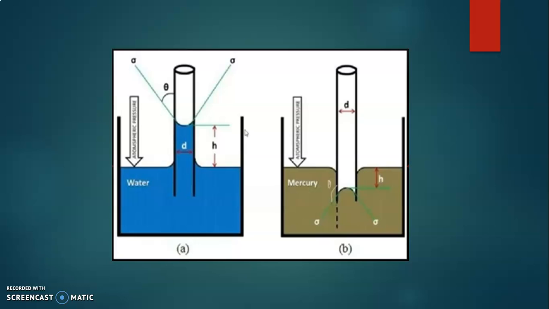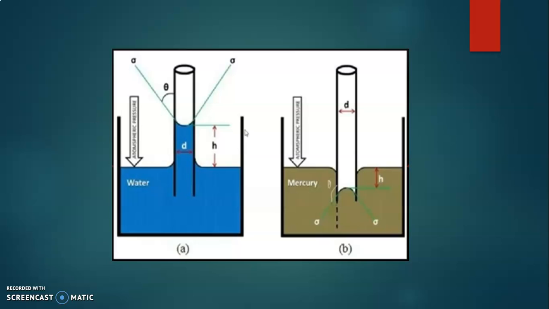Here we can see a container in which there is water, and this is the general level of water, and there is atmospheric pressure acting on the surface of the water because the container is open to atmosphere. This is a glass tube of diameter d which is inserted into the water, and sigma is the surface tension acting on the liquid, and theta is the angle between the surface tension and the vertical axis of the glass tube. When the tube is inserted in water, there will be a rise of water into the tube to height